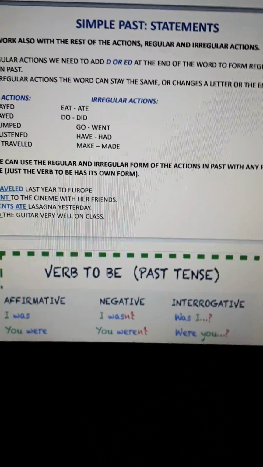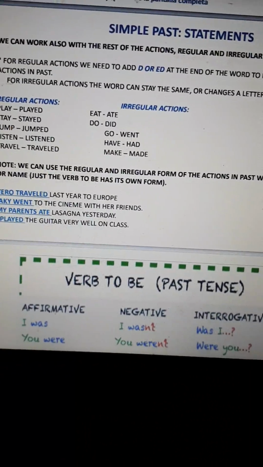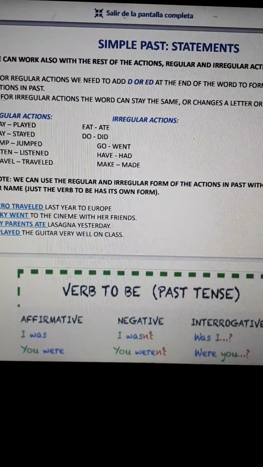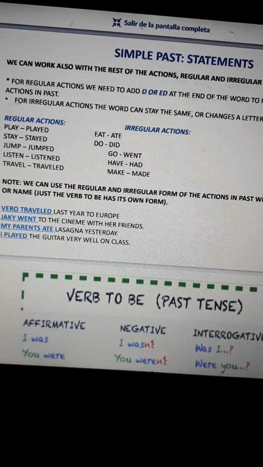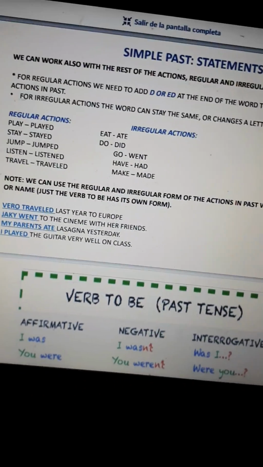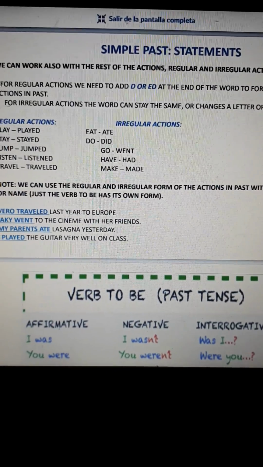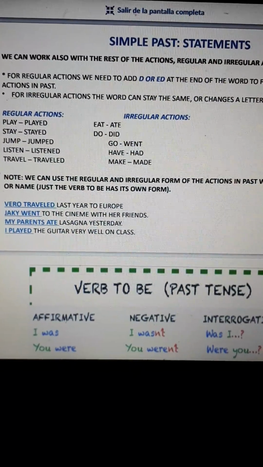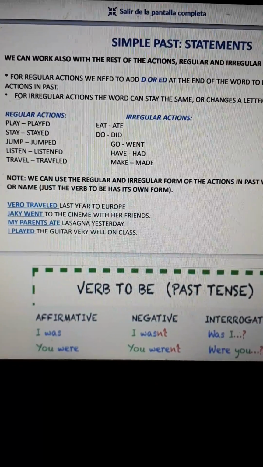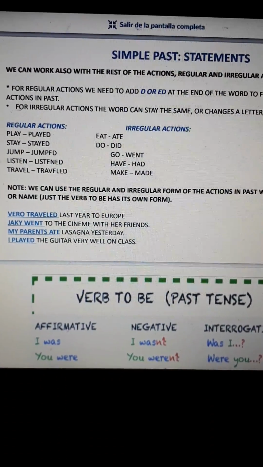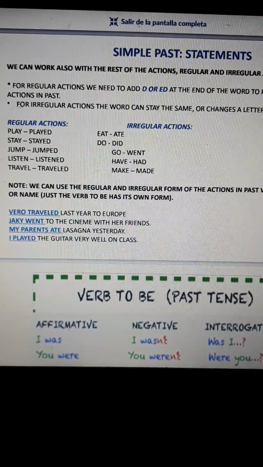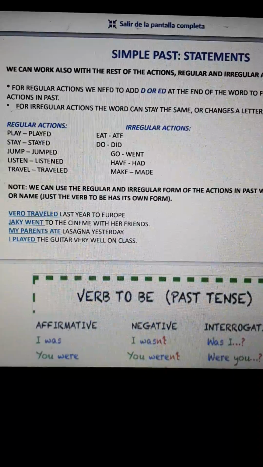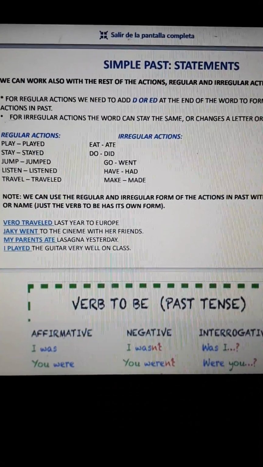Okay, guys, this is a short review of the simple past. We already saw it last period, okay? But it's important that you review the verbs in simple past, because there are some activities in English Discoveries Unit 1 and 2 where we need to use the simple past. Also, we have some activities on the next test, the final test, and it's important that you remember